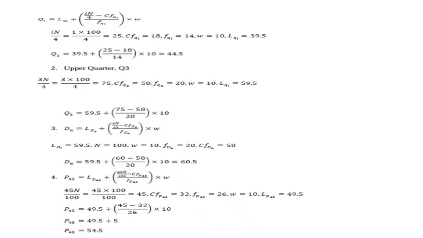Then we do the same for decile. We use the same formula, but instead of dividing by 4, we divide by 10 for decile, to get the class where our value falls, then we apply the formula. If we are given, say, the 45th percentile, 60th percentile, or 100th percentile, we do the same method. When we are dealing with percentile, we divide by 100. When we are dealing with decile, we divide by 10.